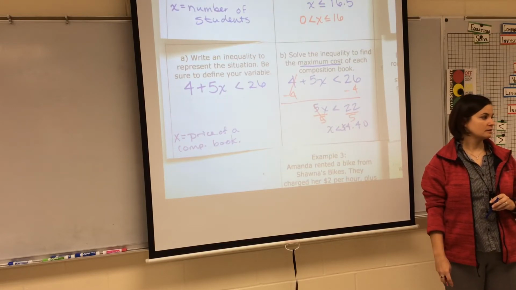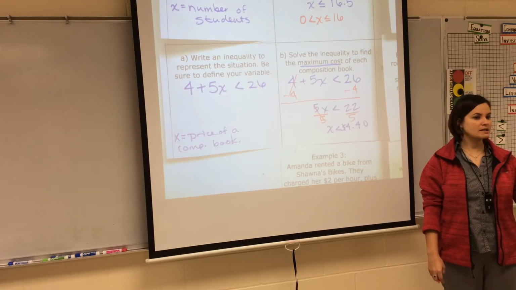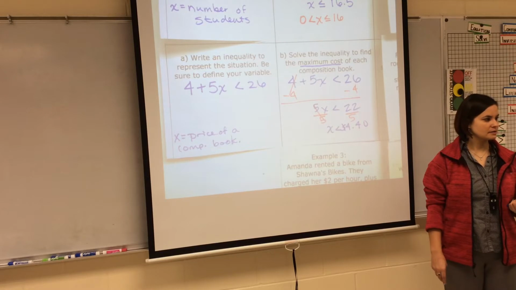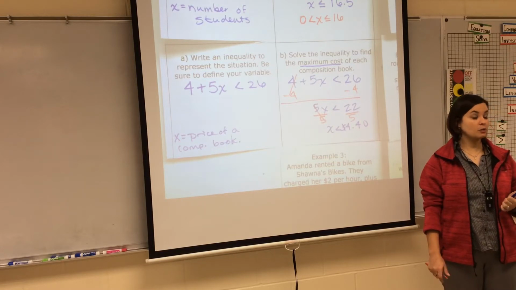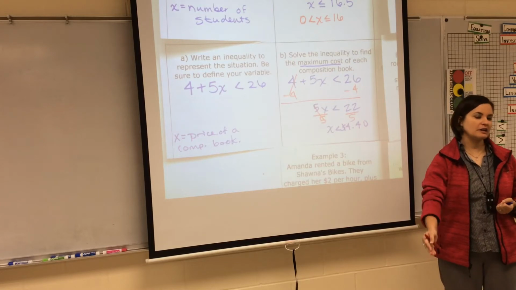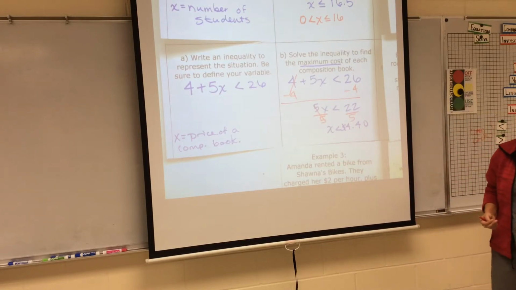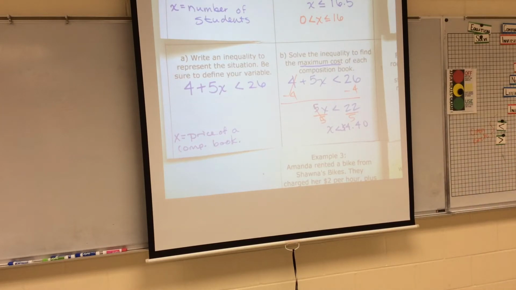At 4? At 0, because can a composition notebook cost less than $0? No. It could be equal to 0, right? Because maybe it's free, but are they going to pay us to take it? Is it going to be negative? Probably not, right? So I'm going to add in here